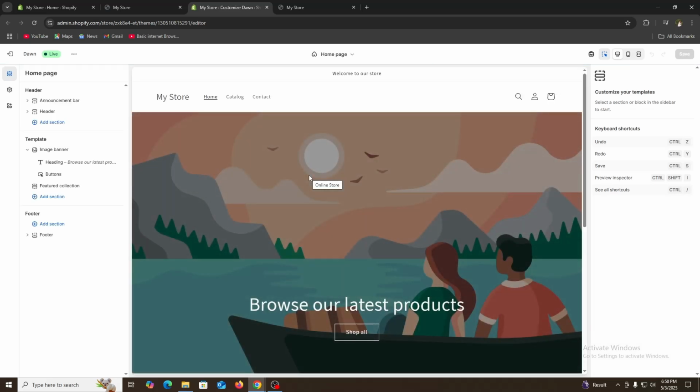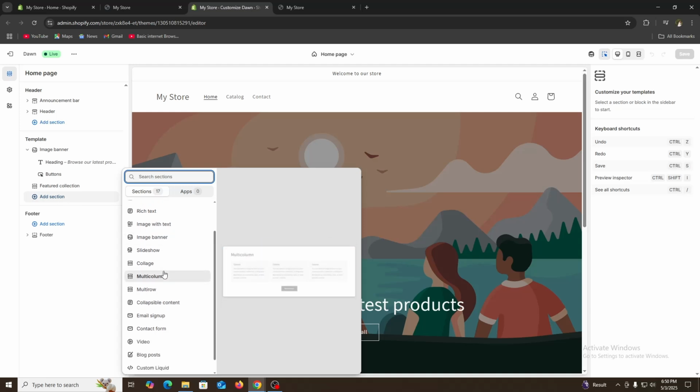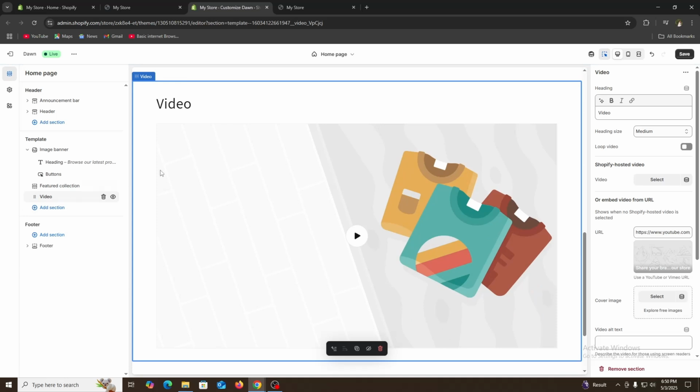So this is really easy. So now you need to add a section here. Once you click on the section, it will give you some elements to add in this section. So I will scroll down and find the video option. Just click over here. Once you find the video option and add the video, you have the section